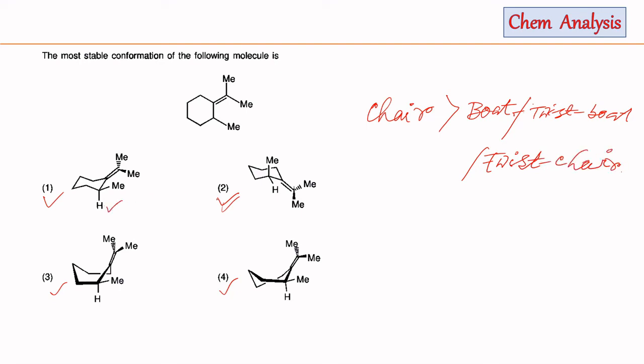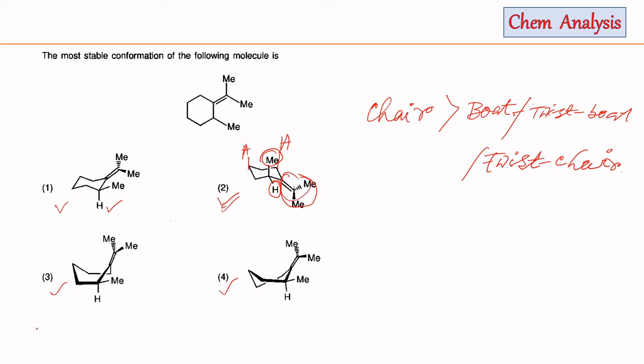Now between 1 and 2, here we can see that the methyl group is axial, so it will face 1,3-diaxial interaction with the hydrogen atom, but there will be no steric repulsion between this group and the methyl group, since the methyl group is axially oriented, and due to the small size of hydrogen the repulsion will be negligible